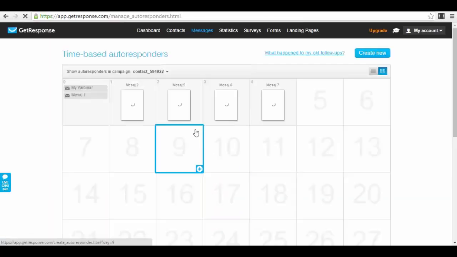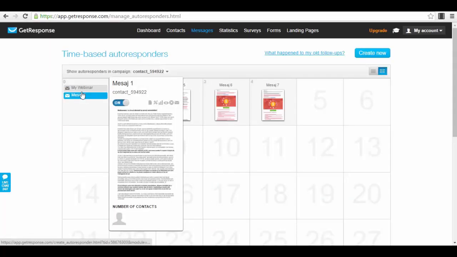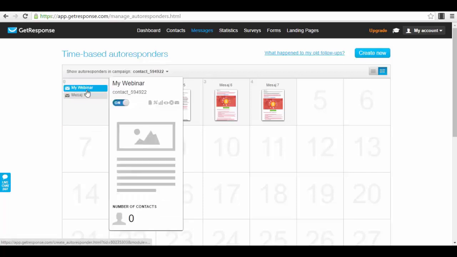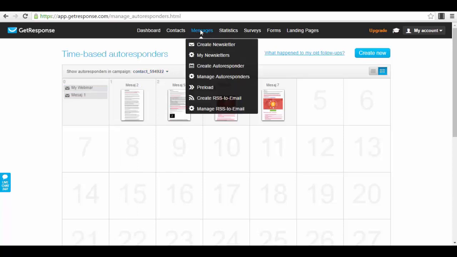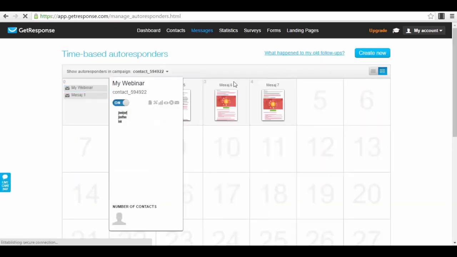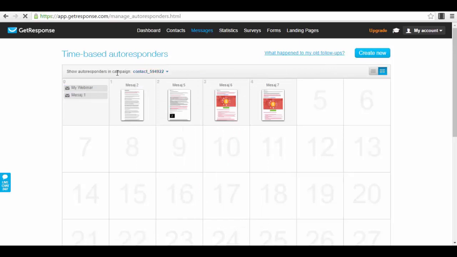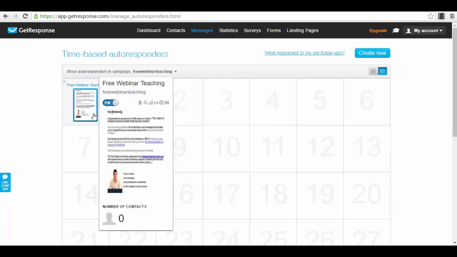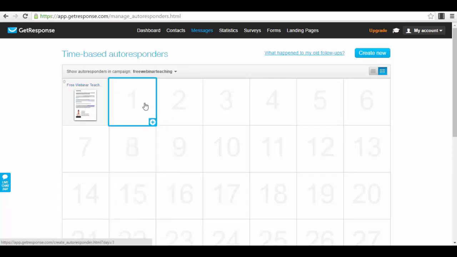Don't send the message. As you can see, you have two different types of autoresponders because we have selected the same campaign. But in order to manage your autoresponders, you click on this button here and you go, for example, show autoresponders for your campaign. I want it for this campaign. I deselect this one, and as you can see, I only have a confirmation email that is sent out to everybody that subscribes to that list. This is how it looks.